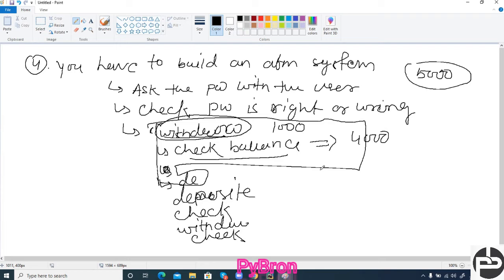And again if it is wrong, then the third time you give this instruction: you are again passing the wrong password, enter the correct password. Third time also if he gives the wrong password, then what do you say? You reached the maximum limit of the day, please try tomorrow or next day. Are you getting my point? Only building this concept is a bit tricky. Apart from that, everything is easy. Whatever I taught you till now, you can build it.